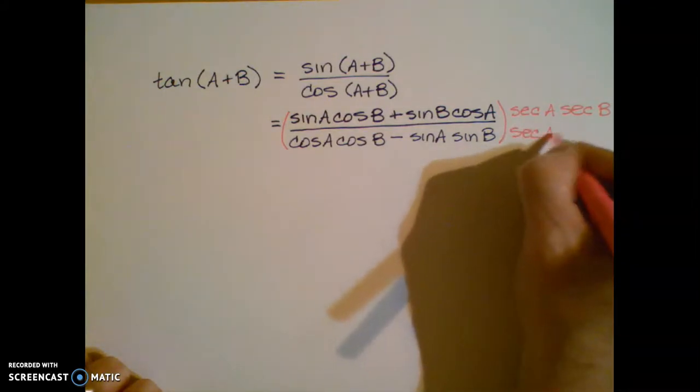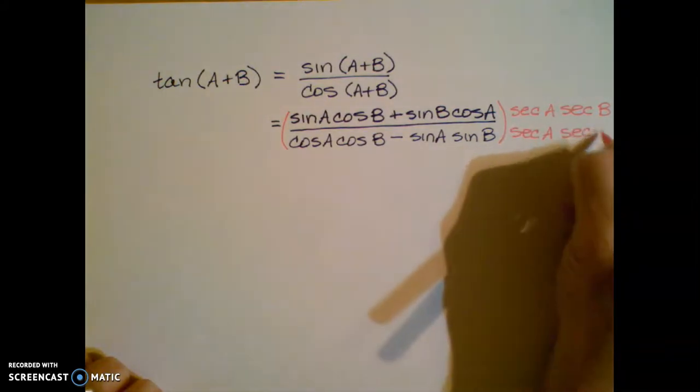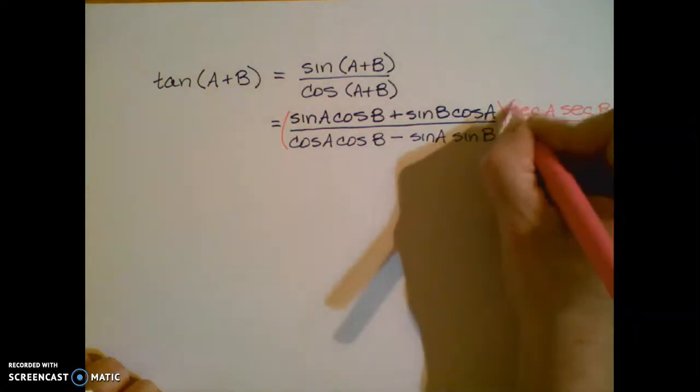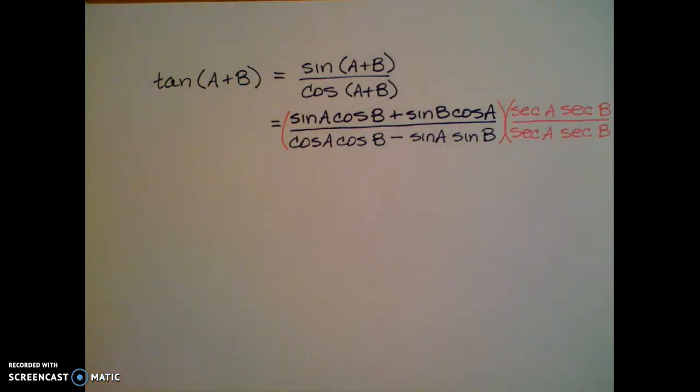And we'll do that both in the numerator and the denominator. So in effect, what we're doing here is we're multiplying by 1. And we know that that's a legal move in terms of mathematics. Okay, so what we're going to then do is distribute that secant A, secant B across the numerator and the